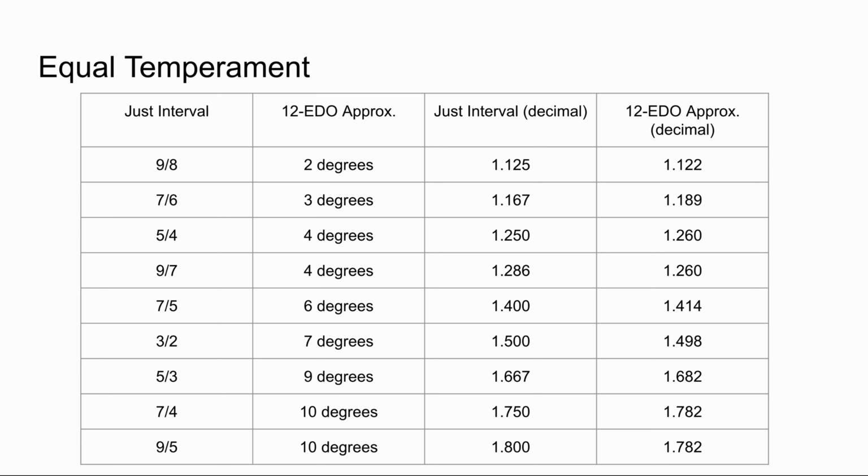Let's now look at columns 3 and 4 to see how well 12 EDO approximates these just intervals. The closer the 12 EDO approximation is to the just interval, the better. Remember, since we hear intervals on a logarithmic scale, we have to divide one interval by the other to know how close they are. The closer the ratio is to 1, the closer the intervals. However, it's hard to see how close these intervals are in columns 3 and 4, so I'm going to introduce a new way of measuring these intervals, which is much easier for comparison's sake.